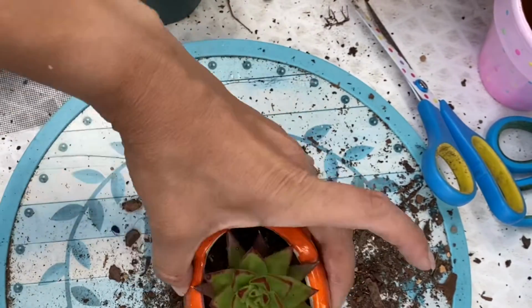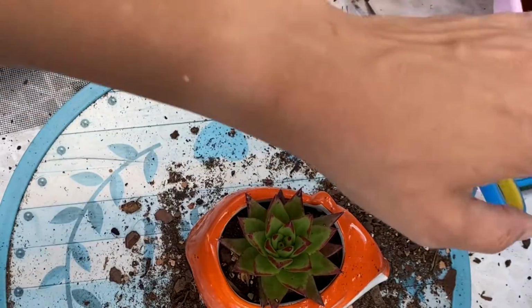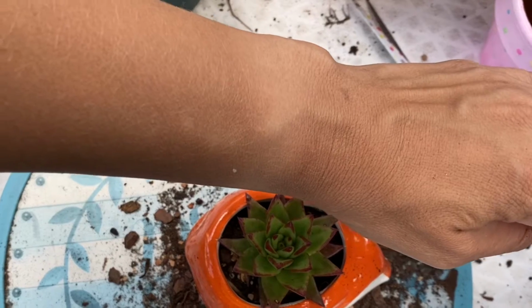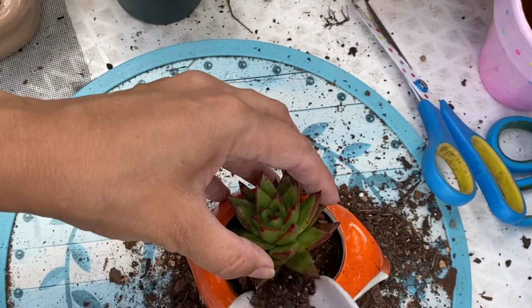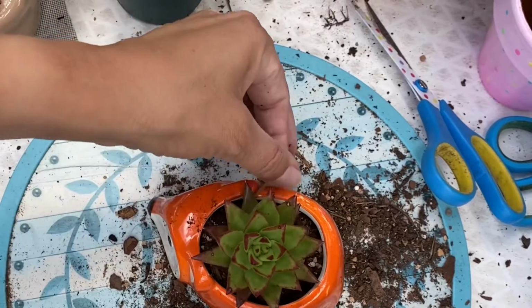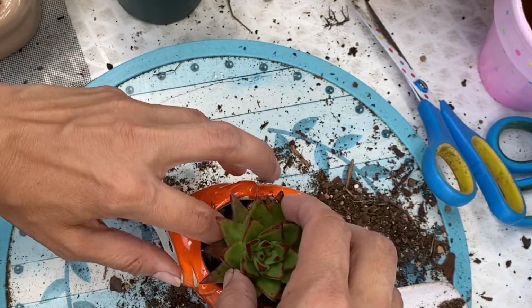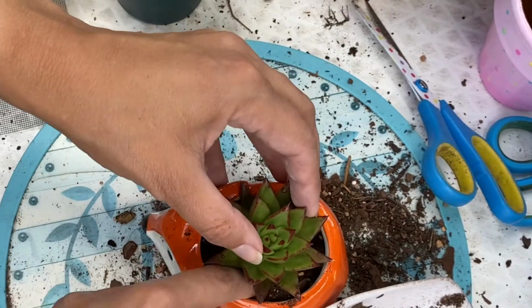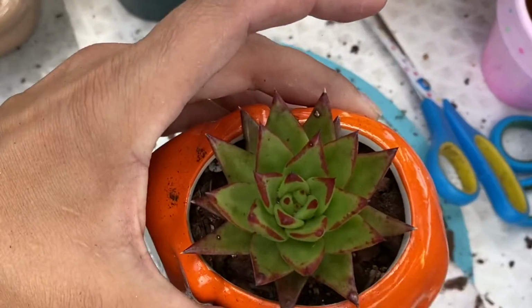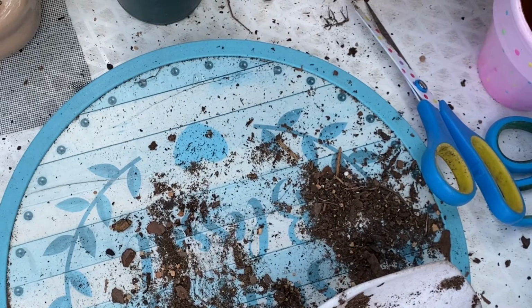So pretty with the colors of the planter. Still has room to grow, this one. This one's all set. That was easier. It has space. And now for this hedgehog,